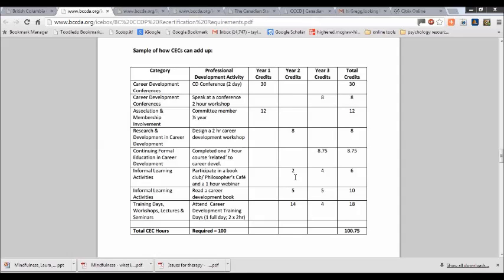They were part of a book club meeting. They read a career development book, and they attended a career development training day. And so that was in that 1 year. So basically they designed a workshop, read a book, participated in a book club meeting, and attended a full-day training. And then in the 3rd year they attended